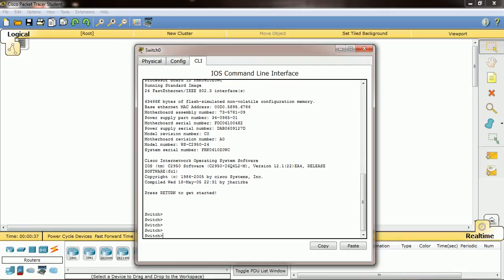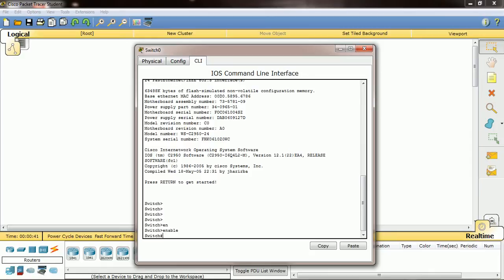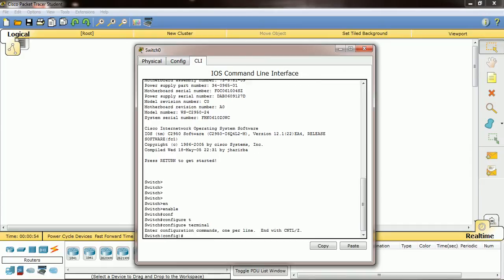So this is user mode. Then enable, enter. This is privilege mode. So I am entering into global configuration mode, config terminal. So here once you enter 2-3 letters of the command, and if you press the tab, it will finish the command. Okay,